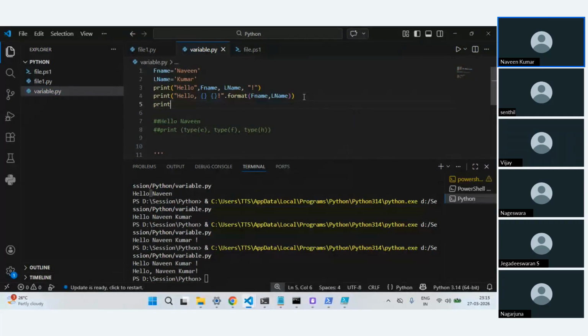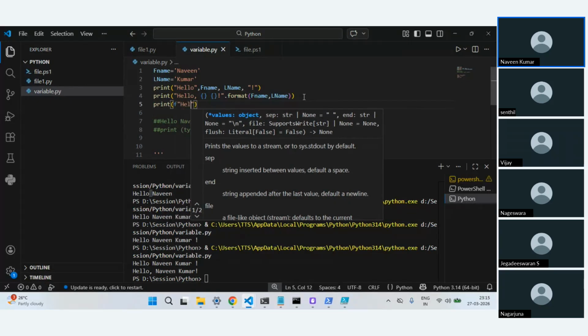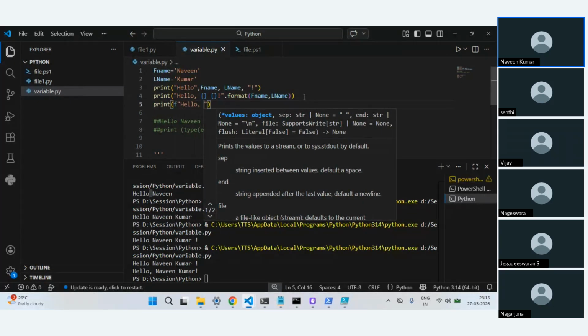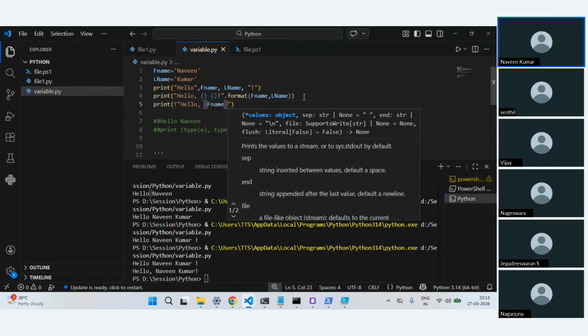You have something called f string. I'll just say f, and then I'll type whatever I want, and what I can do is call the variable within this.